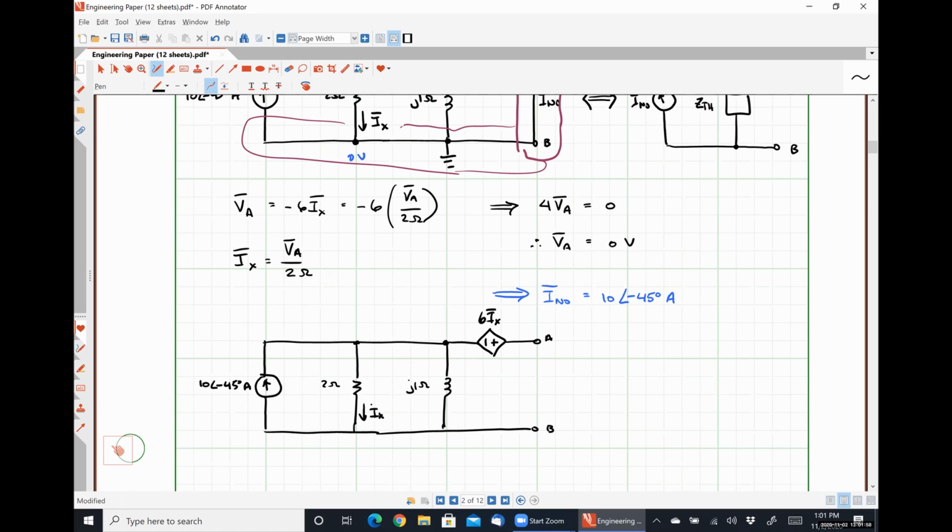Here is where our current IX is defined. This is our quantity of interest, VTH. Now earlier, I believe Mr. Joes over there suggested that we could do current division with this circuit as it's drawn to find that current IX. And that is exactly how I'm going to approach this bit right here. What I'm doing might not seem super obvious at first, but it will actually get us our answer pretty quickly. All right. So if I apply current division,